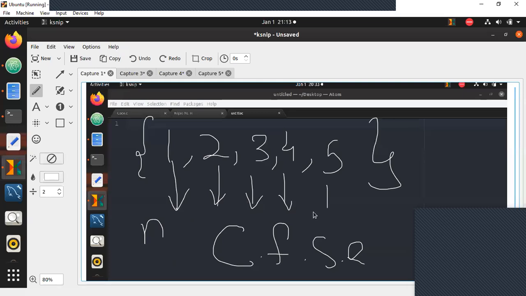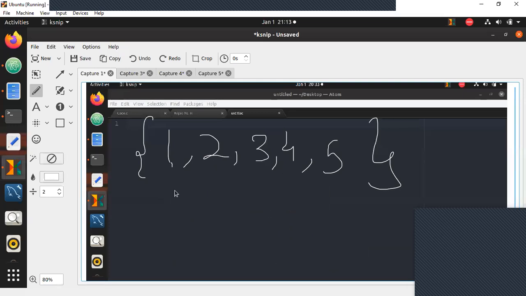Here, if you observe, 1 is an element in the Fibonacci series, and it's non-prime.